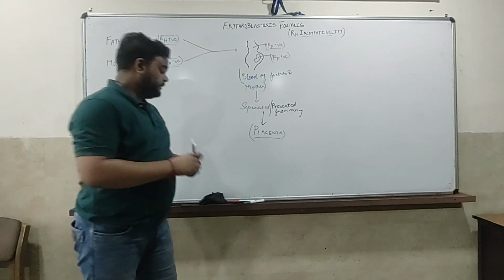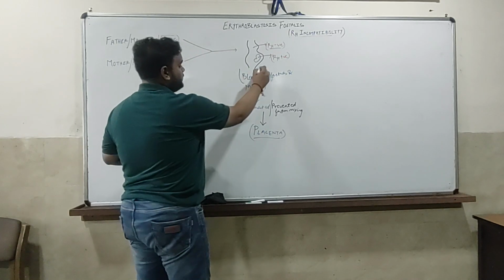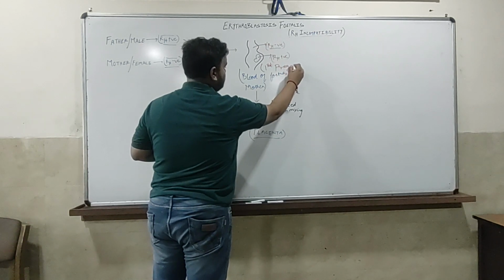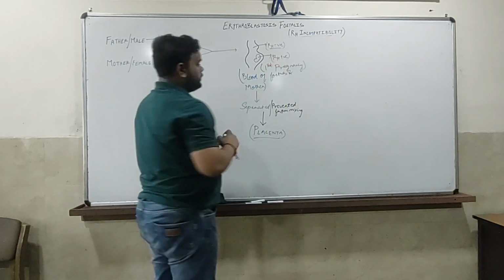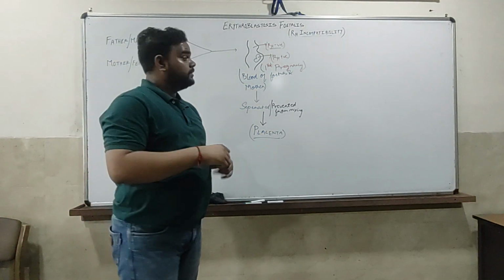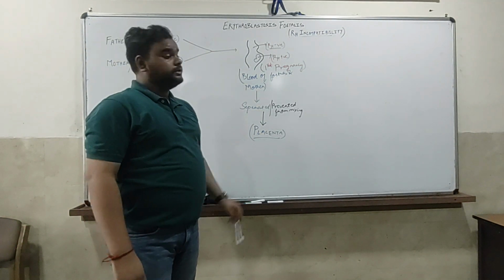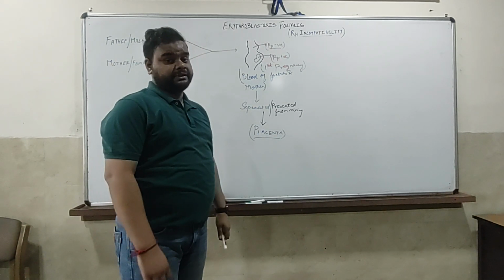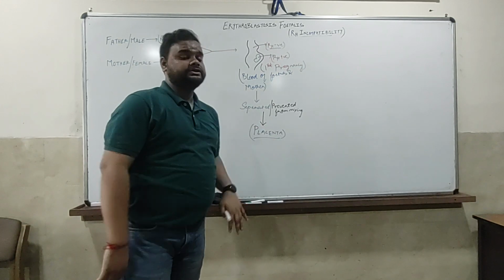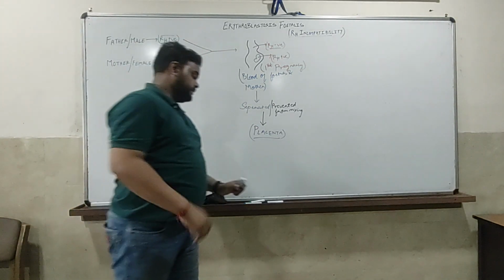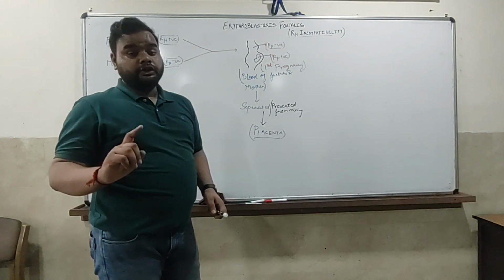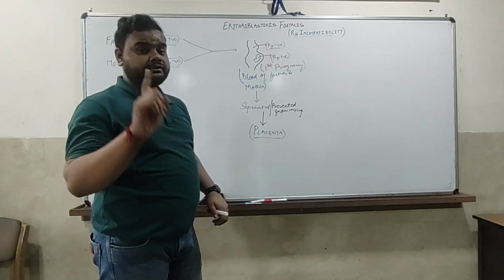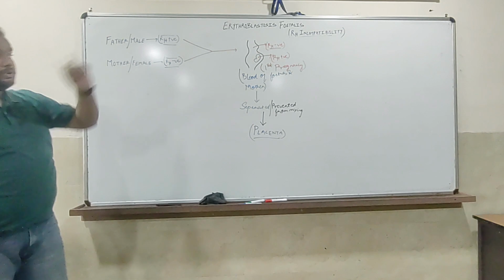So during the gestation period of the first pregnancy, the Rh negative blood of the mother doesn't mix with the Rh positive blood of the fetus due to the presence of the placenta. The placenta separates the two bloods from each other, but during the delivery or parturition of the first baby of this couple, what happens?